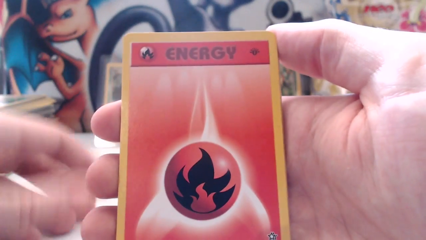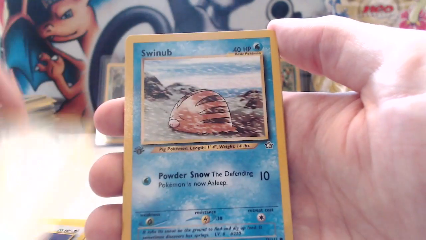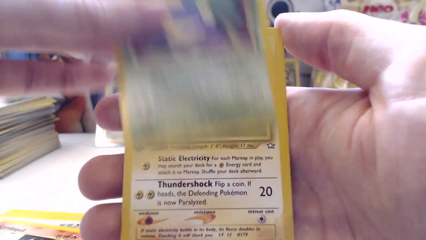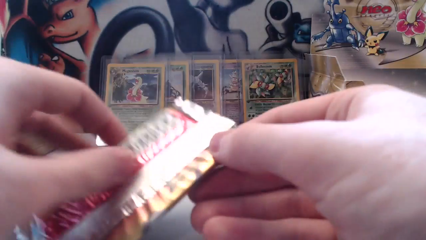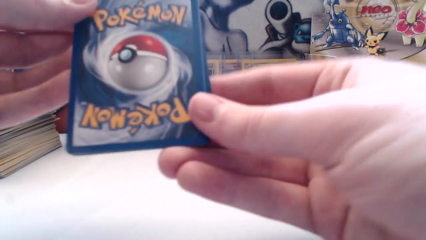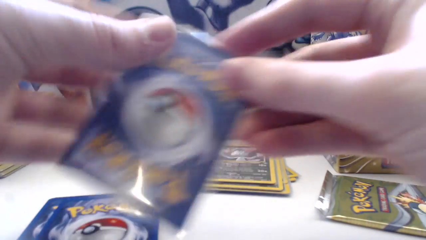We have the Fire Energy, Flaffy, Miltank, Croconaw, Swinub, Stantler, Cyndaquil, Oddish, Mareep, and Girafarig. And our rare is, whoops, a Sneasel. That's our second one of those. Old school playset confirmed. And our second to last pack, the penultimate one, if we're getting all fancy with our mumbo jumbo, we have